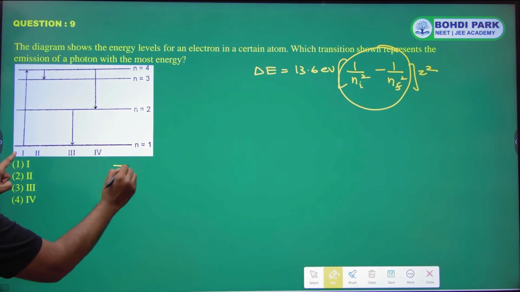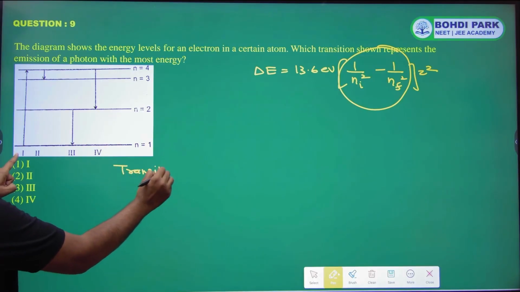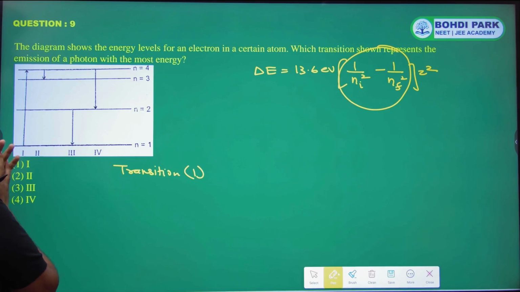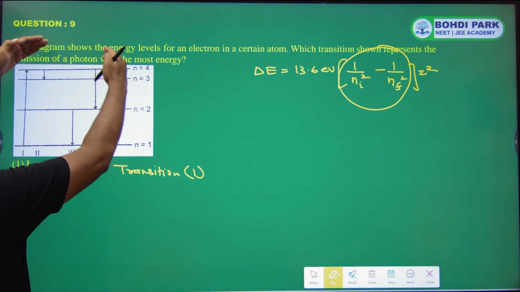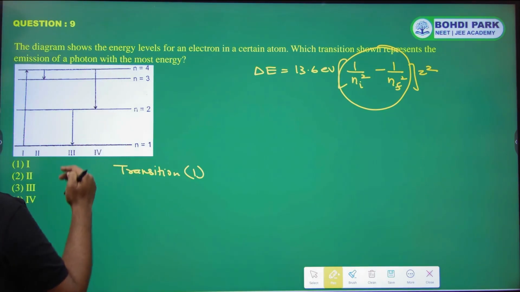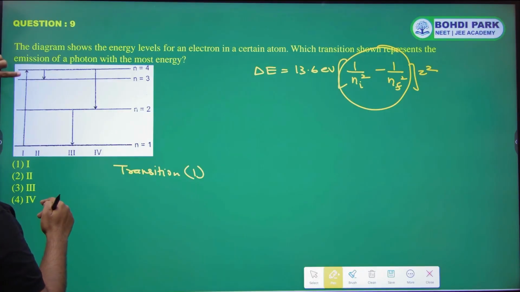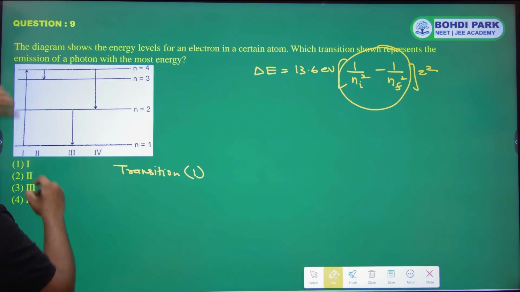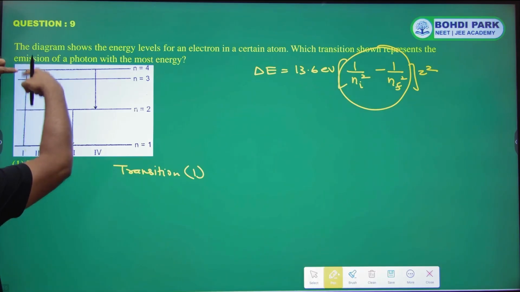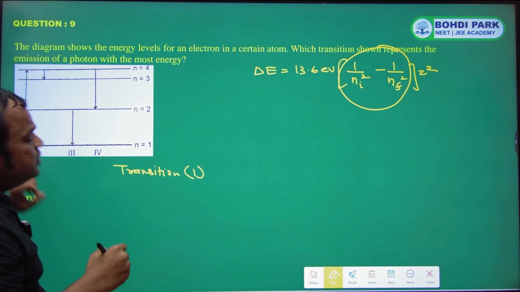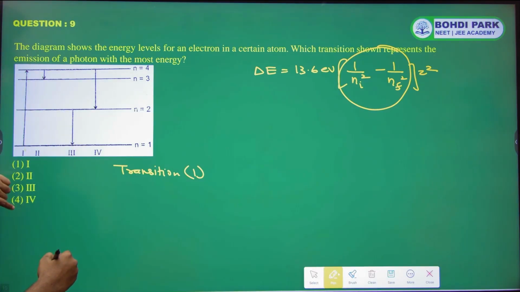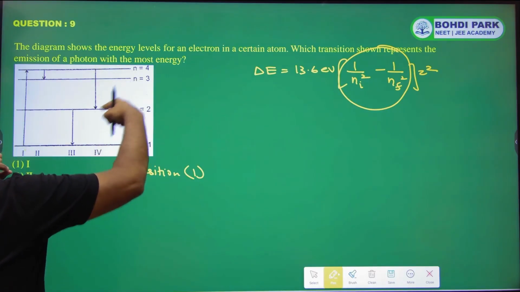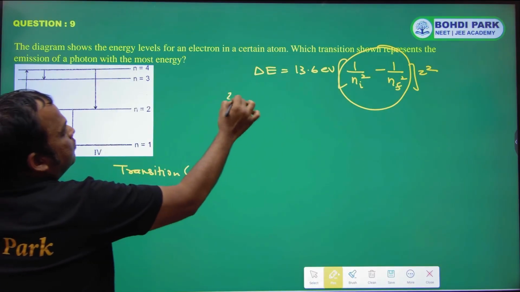So for transition 1, we have to consider the emission of photon, which is possible for higher to lower. Now the arrow is represented wrongly. So if the arrow is properly like this, the direction of arrow is opposite, so our answer will be 4. Otherwise our answer will be either 4 to 2 or 2 to 1. We'll calculate. For 4 to 2,